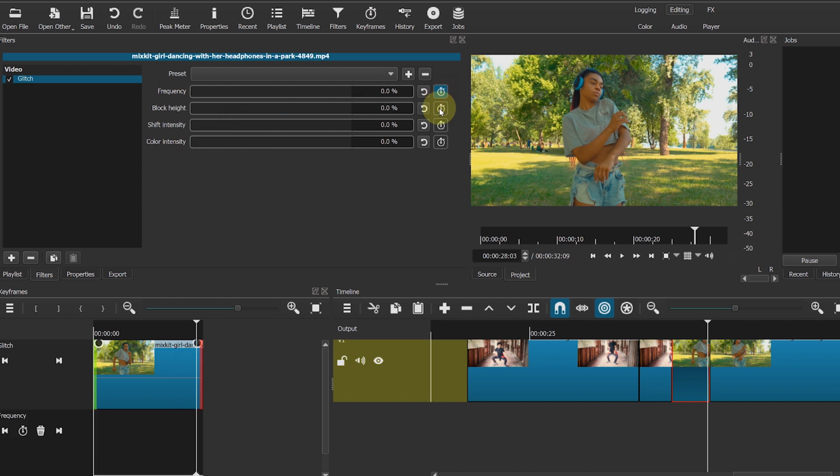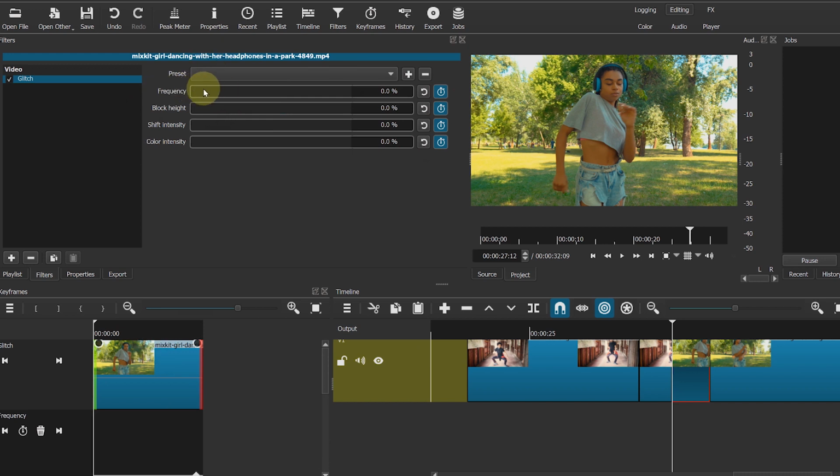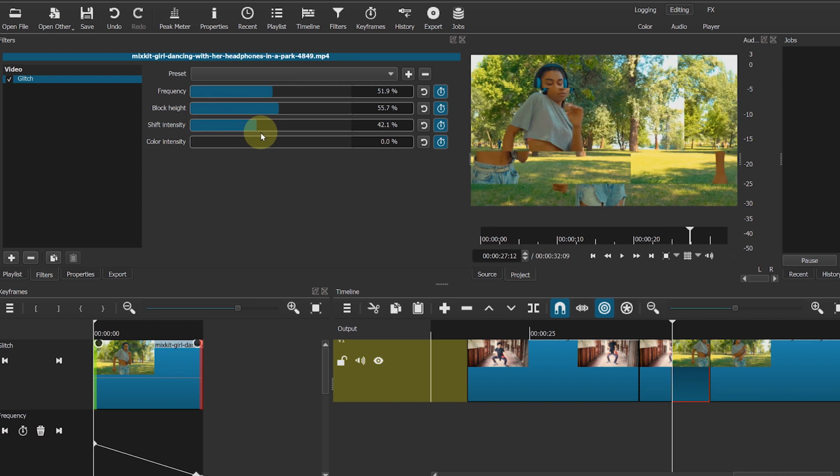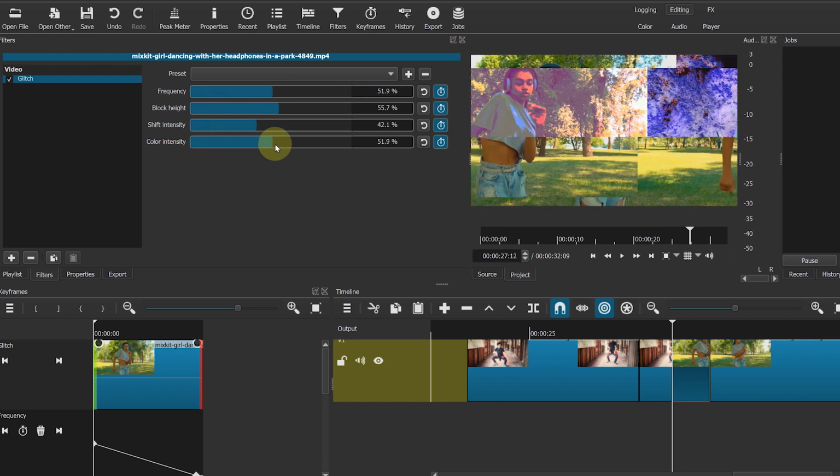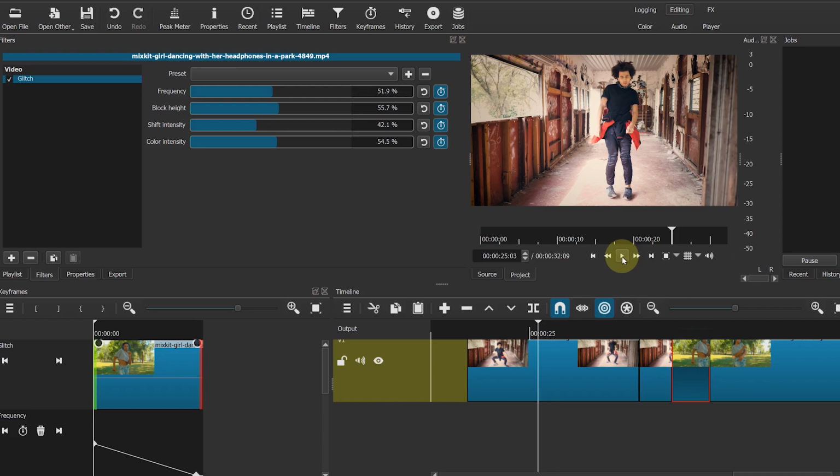Add keyframes there. Move your playhead to the beginning of the clip and make changes in frequency, block height, shift intensity and color intensity. The effect will look like this.